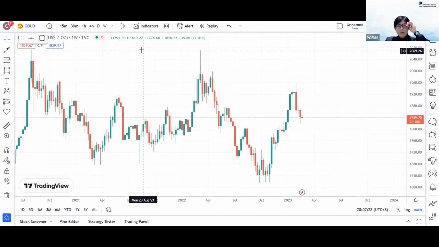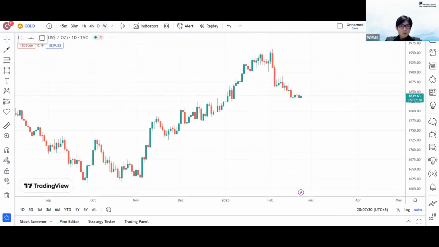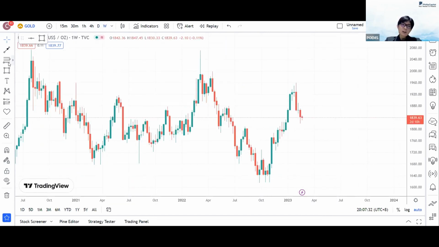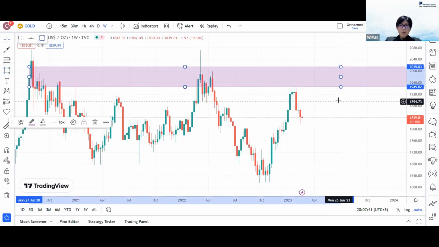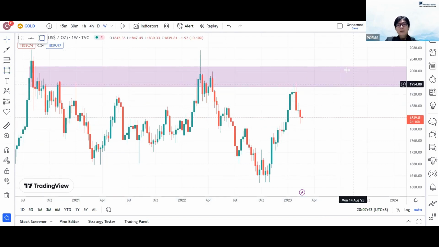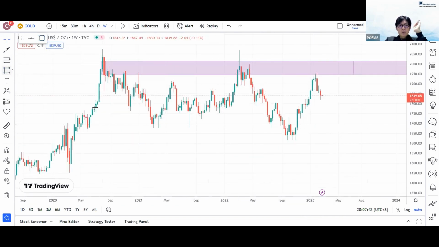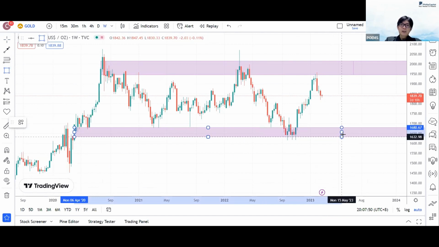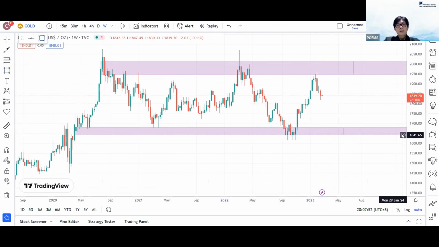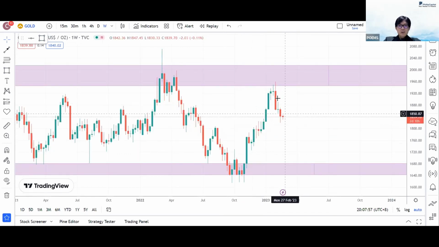Okay, gold this week itself, same thing, weekly. Let's just look at the weekly for now because daily, I think it's too choppy, too volatile. So gold level 1,950 towards the 2,000 level, it is still acting as a resistance. Gold itself is more steadily now trading within a range level back towards a 1,650 level. As of now, past 3 weeks have been bearish movement on gold,